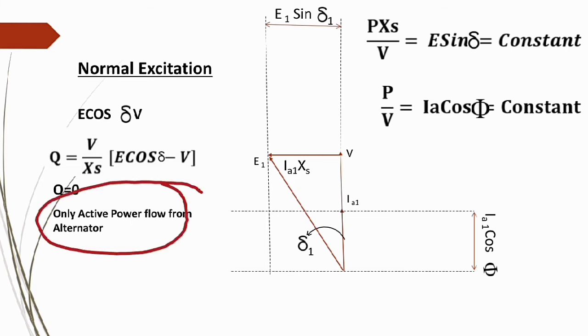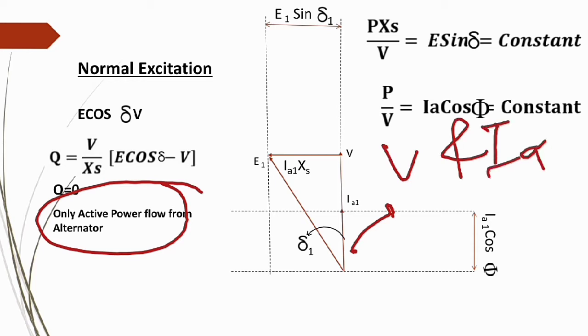Okay, so this one is the current actually. We will talk about the current, which should be constant. So this one is Ia cos phi. Here phi is the power factor angle, and it is between V and Ia. But here you see the value of phi is 0. So that's why we will get the current value Ia1, and you can say the minimum value we will get.